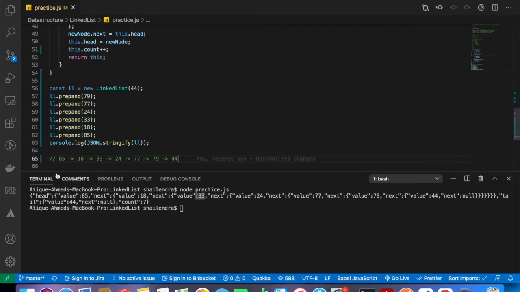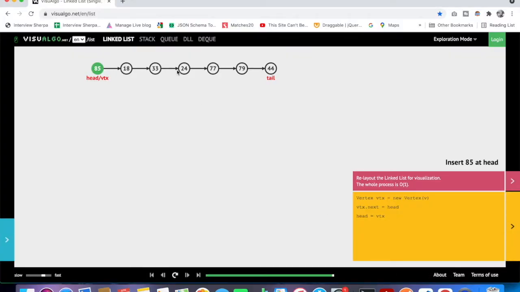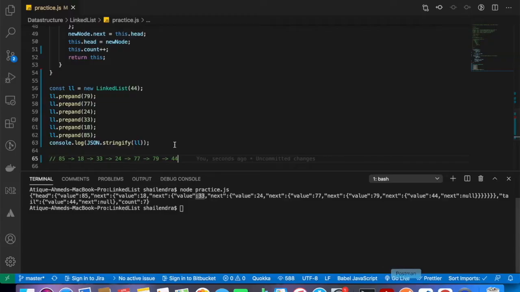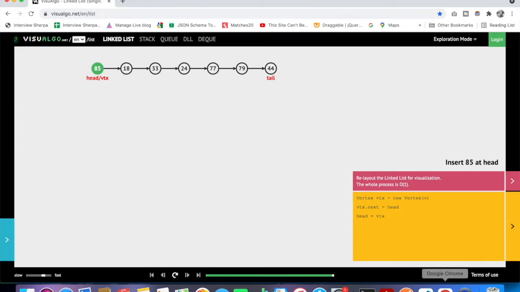So if I compare that, 85, 18, 33, 24, 77, 79 and 44. So 44 will be the tail and the head will be 85.